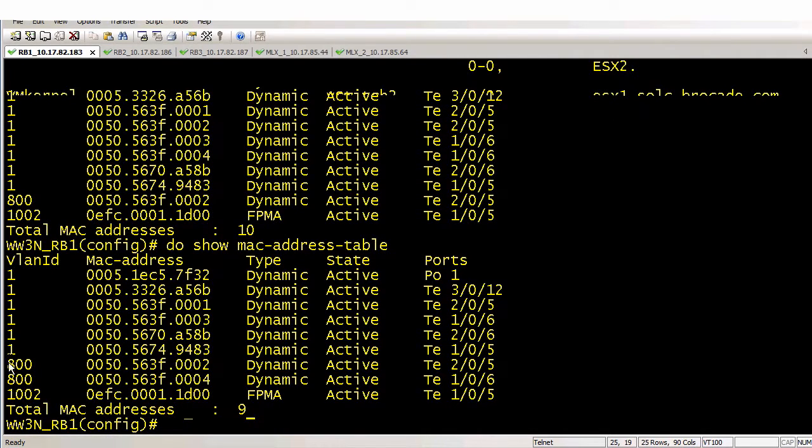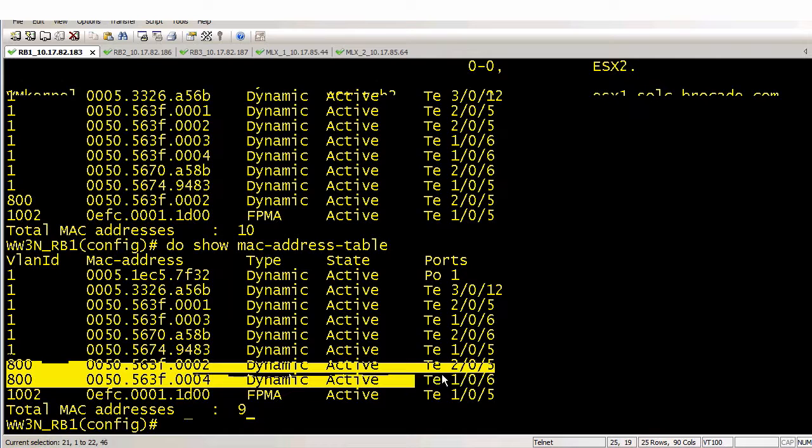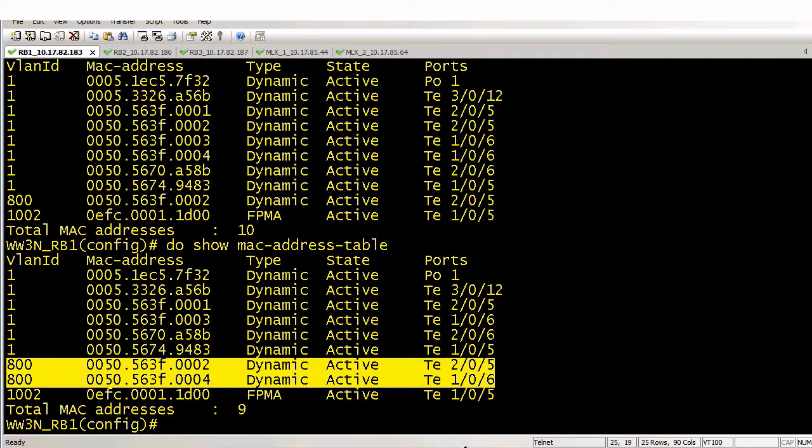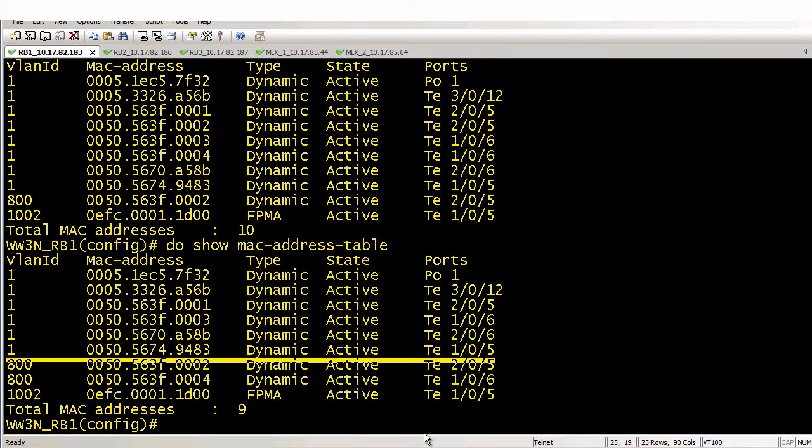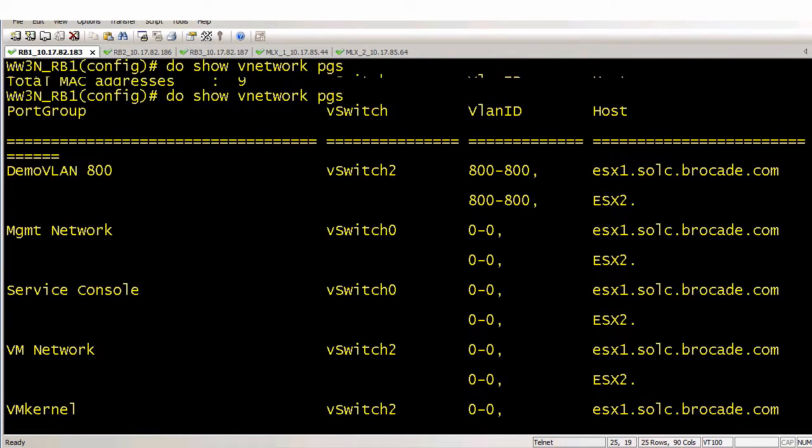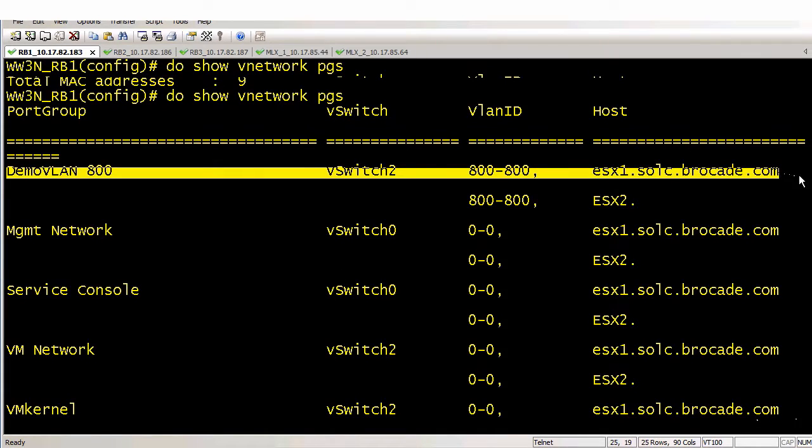Next, we will check to see that the new VLAN created in vCenter is now in the fabric. Here you see that VMs 2 and 4 now belong to VLAN 800, as this was successfully learned in the fabric. From this output, you see that the VCS demo port group we created in vCenter is listed, indicating that it